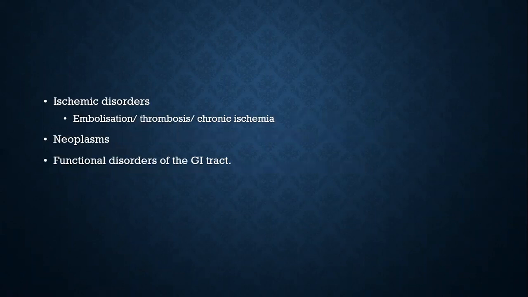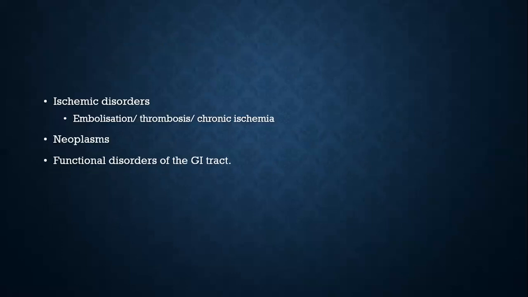The next point which I mentioned was excess vascularity of the intestine. Hence, this can be affected commonly, either by embolization or thrombosis or a chronic ischemia of the intestine. And apart from this, we have neoplasms, something which does not fit into any of these categories. A problem with hormone, a problem with enzyme, a problem with motility, or a problem with dysbiosis, we call it a functional disorder of the GI tract, which I'll discuss further.